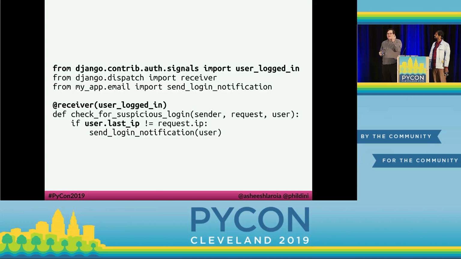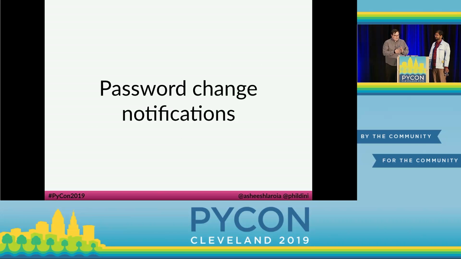You could detect, instead of last IP, you could detect the user country changes, or when they're on a new web browser. Anything that you know about the user or the session, you can use to detect if it's a bad, or at least a suspicious, login. Once you've unlocked the power of comparing information about logins and sessions, the world is your oyster. This pattern we've just implemented can be reused for all sorts of events that your users would like to know about, like, for instance, password changes.